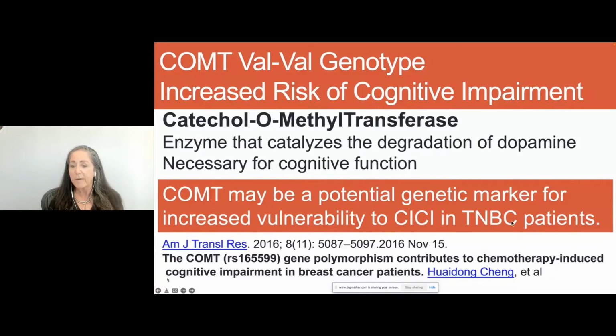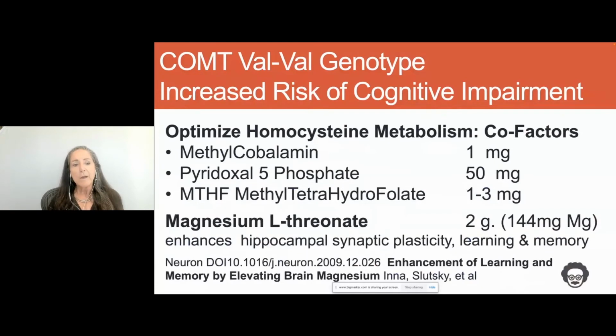And this was a study on triple negative breast cancer patients, but it applies to all cancer patients with this SNP. And so what you want to do with these patients, because COMT is a methylation function. It's a methyltransferase. That's what MT stands for. So we think about methylcobalamin, form of B12, pyridoxal 5-phosphate, the active form of B6, and methyl tetrahydrofolate, the active